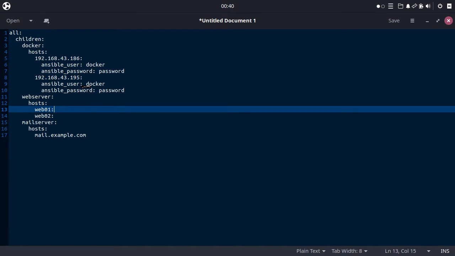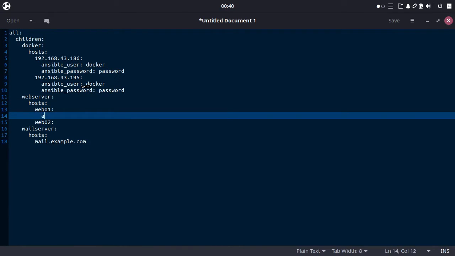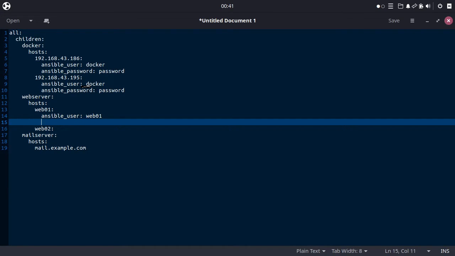You can also specify here, let's say it has a different username. You can use web01 as the user, and the ansible_password is some password, right?